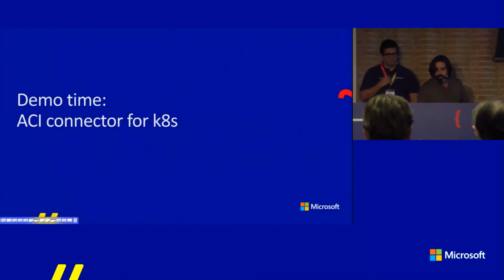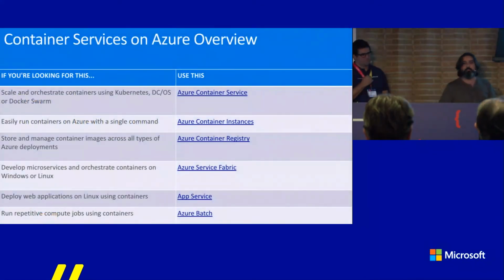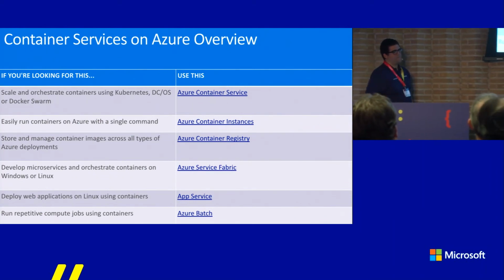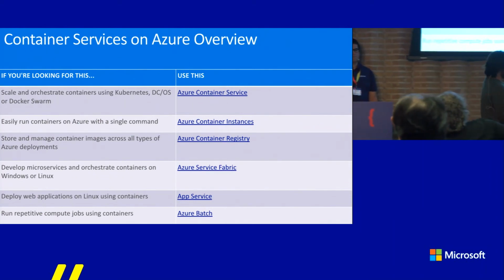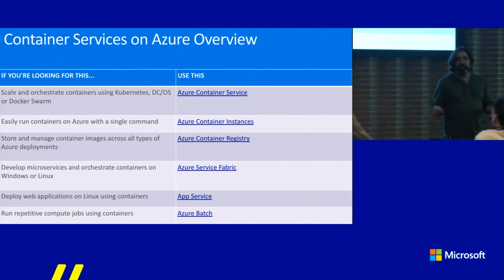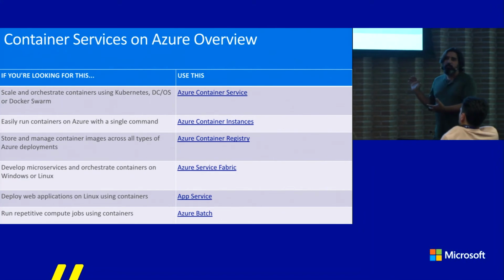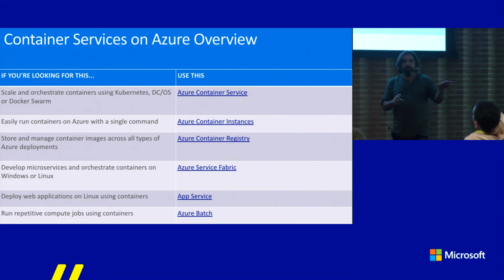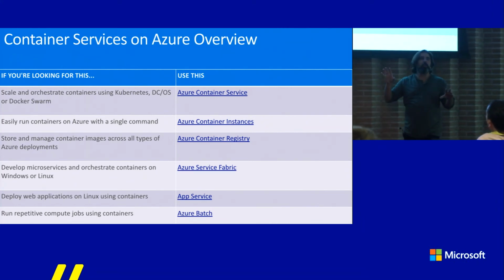So now that we talked about the connector, we have a few minutes left. You might be confused now, what do we do with all this? We have at least 6 ways to run containers in Azure. Maybe it's too much, maybe we should consolidate eventually, but these are all very different use cases, right? Azure Container Instances, which we just demonstrated, is for transient, ephemeral workloads that don't fit anywhere else, so you want to run them and be billed per second.